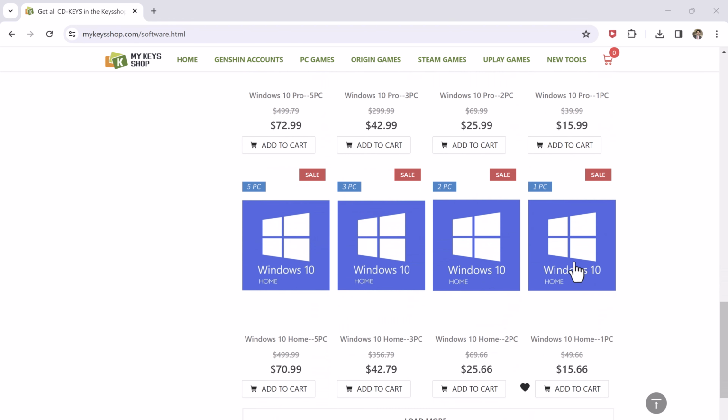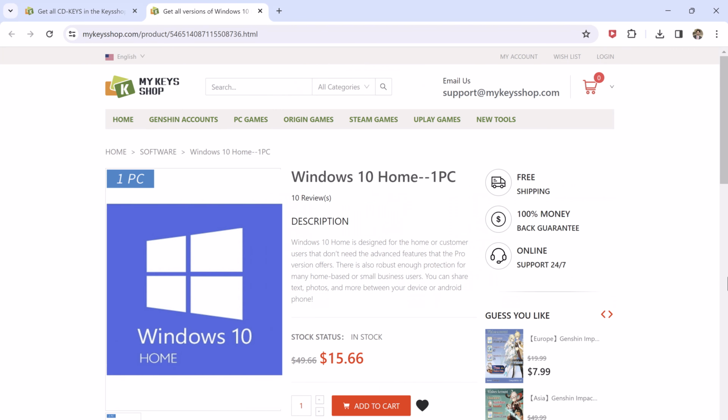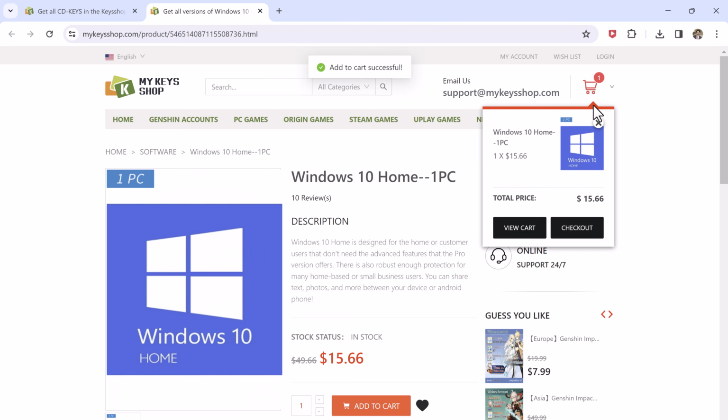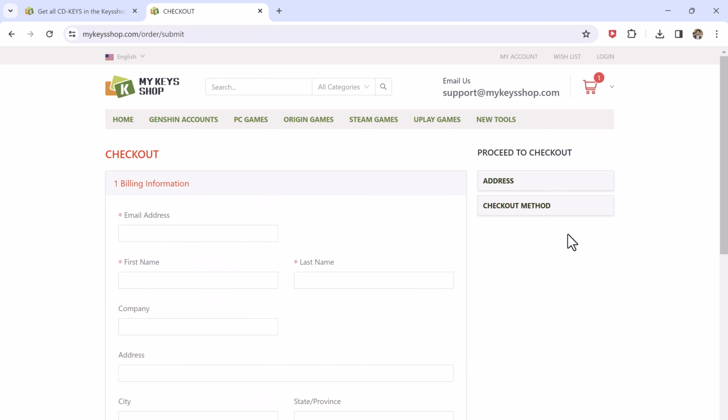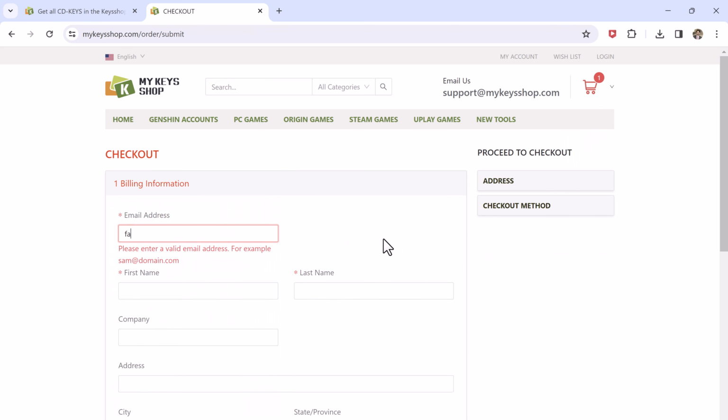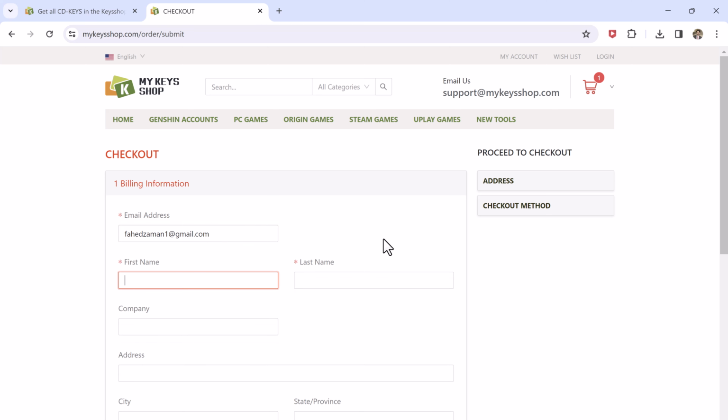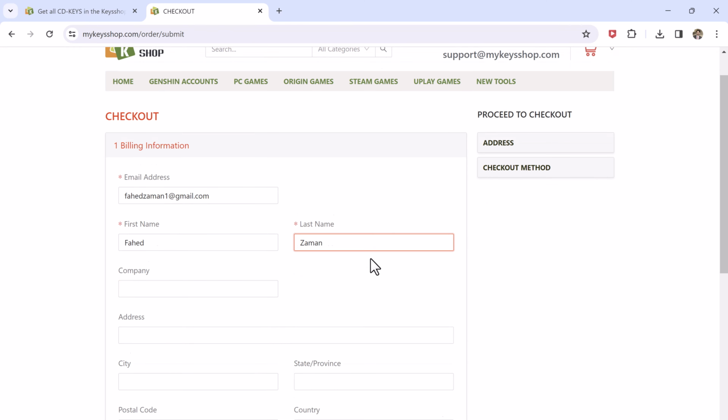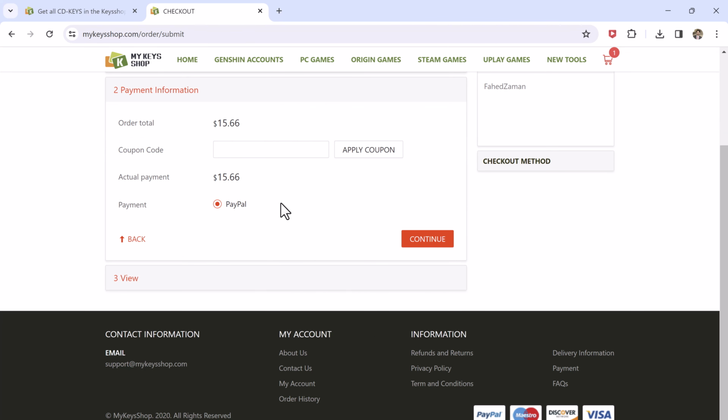For example, I want to buy Windows 10 key. Click on it and then click on add to cart. In order for your purchase to be processed, you must enter your email address and your name. And click on continue. Here you need to enter the coupon code to get 55% off